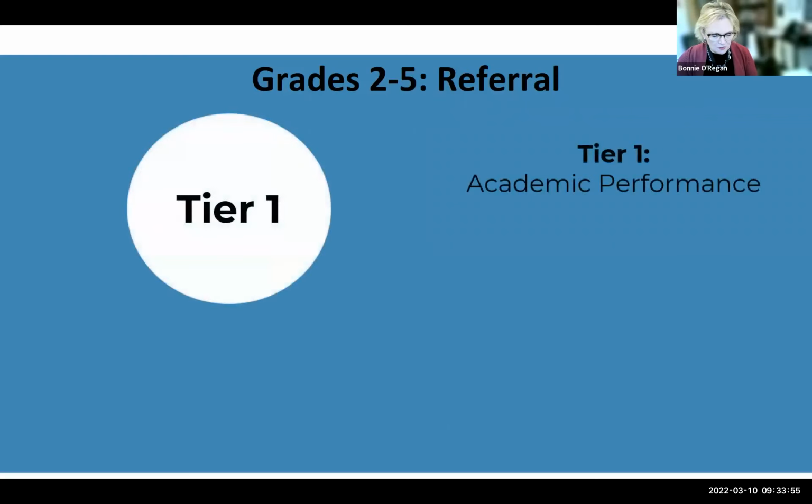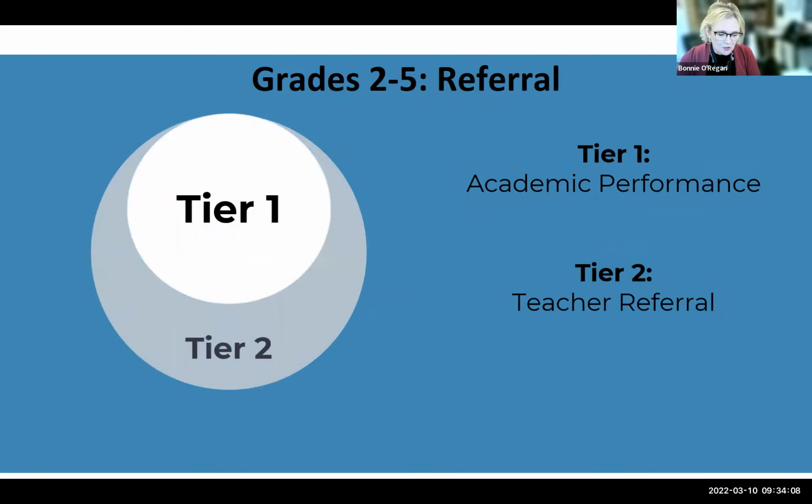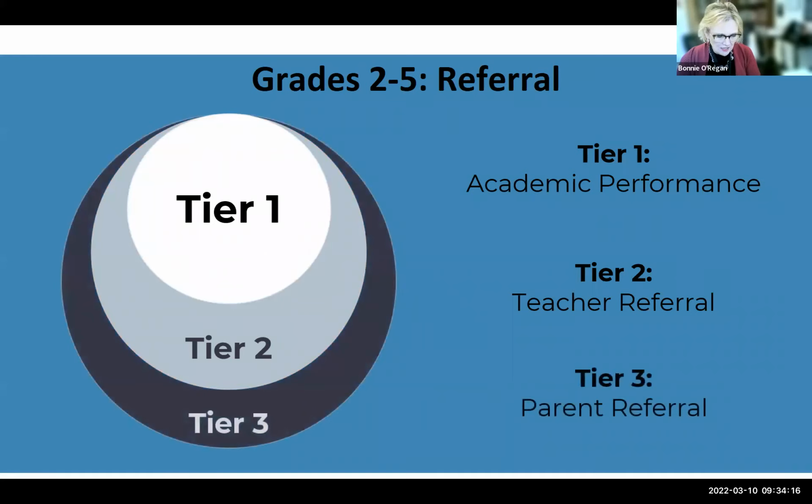In tier 1, students are first flagged as potentially needing advanced program by a review of their academic performance. We call this their body of evidence. It includes assessments given at the district level. In tier 2, teachers add to this body of evidence by looking at assessments given in class and can also refer students. In tier 3, parents are invited to add even more information to the body of evidence. They can also opt to refer their child.